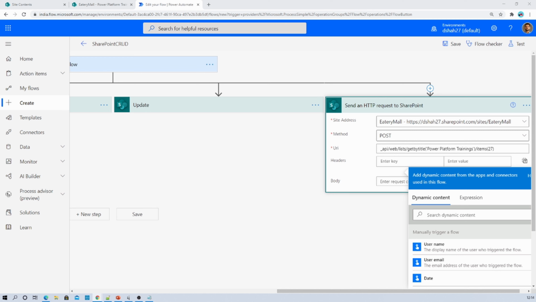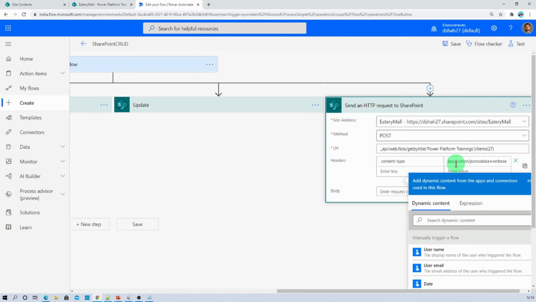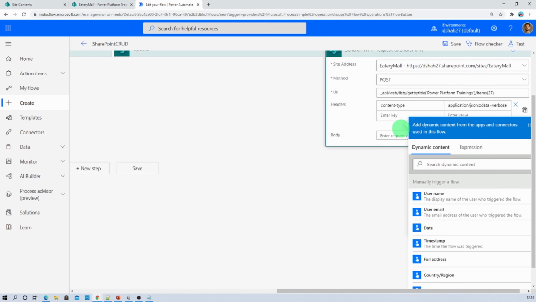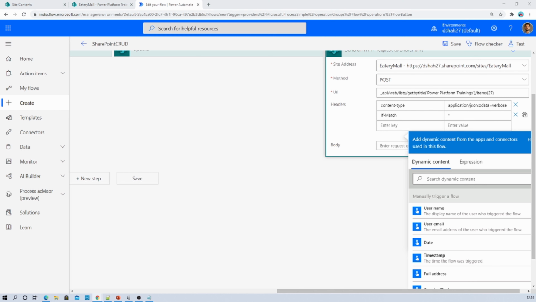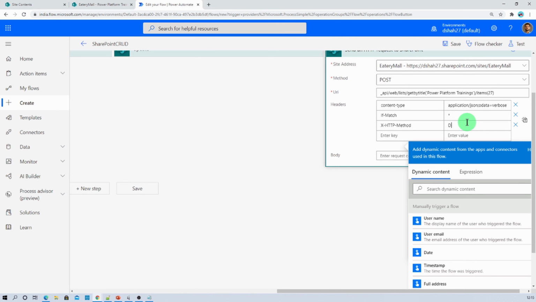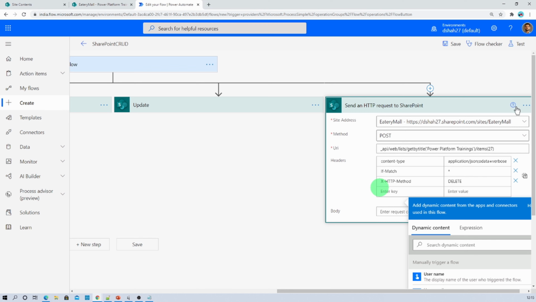The first would be the content type. So content type would be application JSON. OData is equal to verbose, and if match we need to provide star, and the last one is X HTTP method, and inside that we just need to provide delete. Right, this is the only thing that we need to provide here.